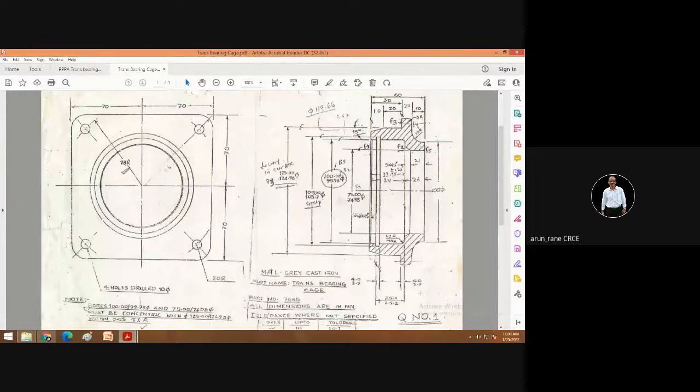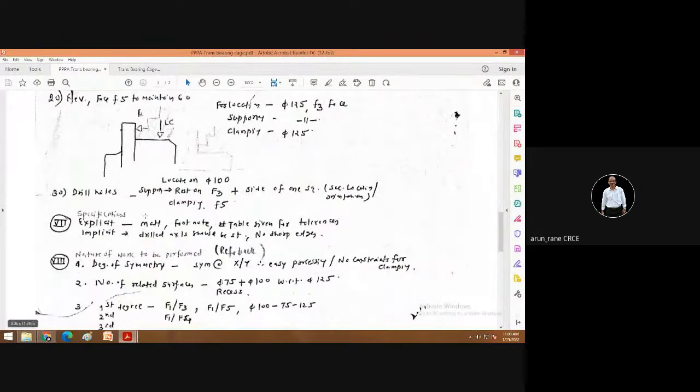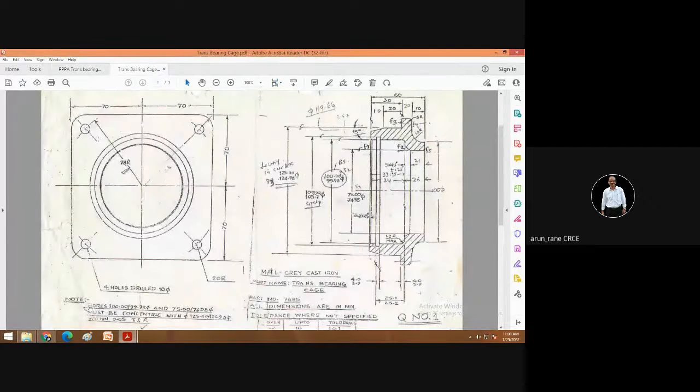That is purposely eliminated, because I cannot give everything explicitly. So here drilling will be operation number 40, and in 30 you will have to add one more operation, that is milling. So in milling you have to mill at least one side, preferably two sides, at right angle.